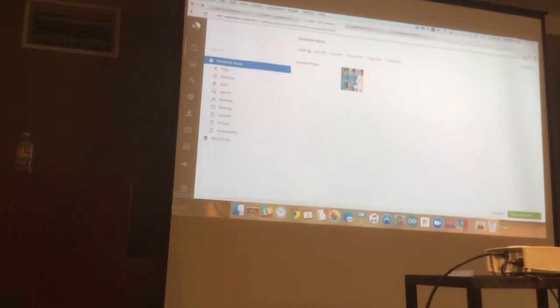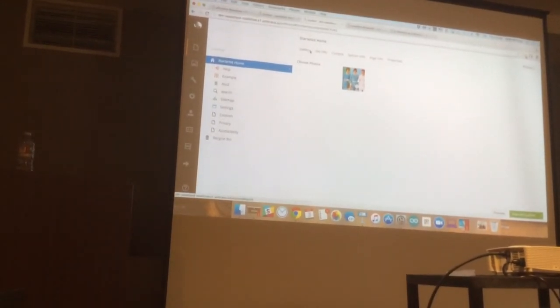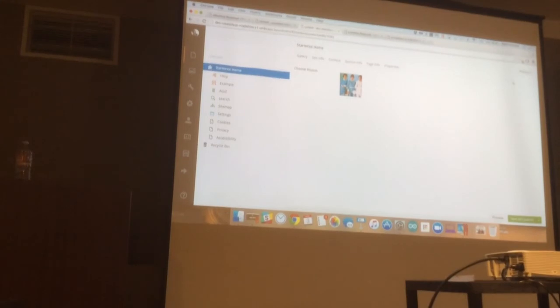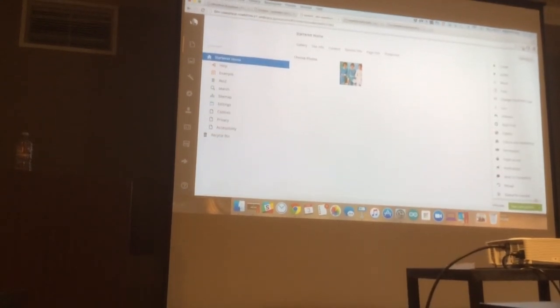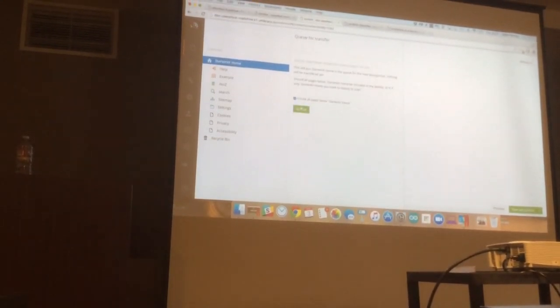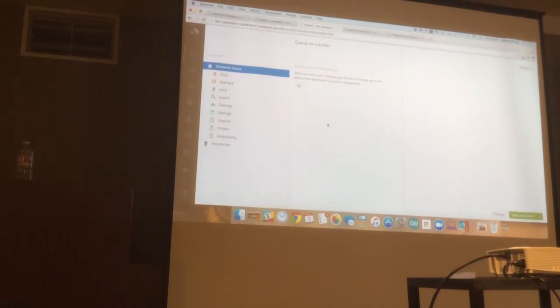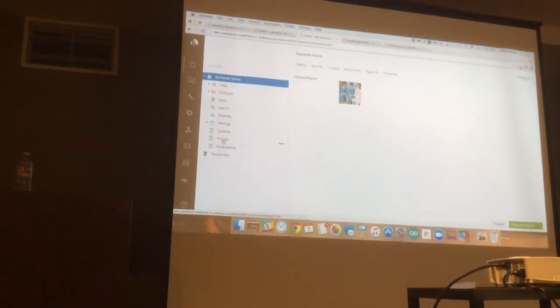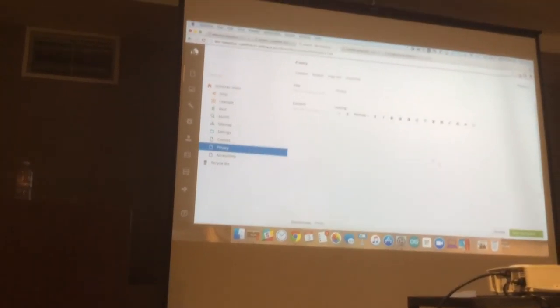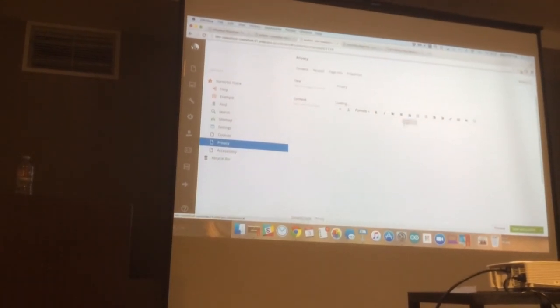So let's say I had a change on this page, so I just say queue this one for transfer. Not all subpages, just this one. Then, for instance, I have a privacy policy that I also changed. So, of course, you can also